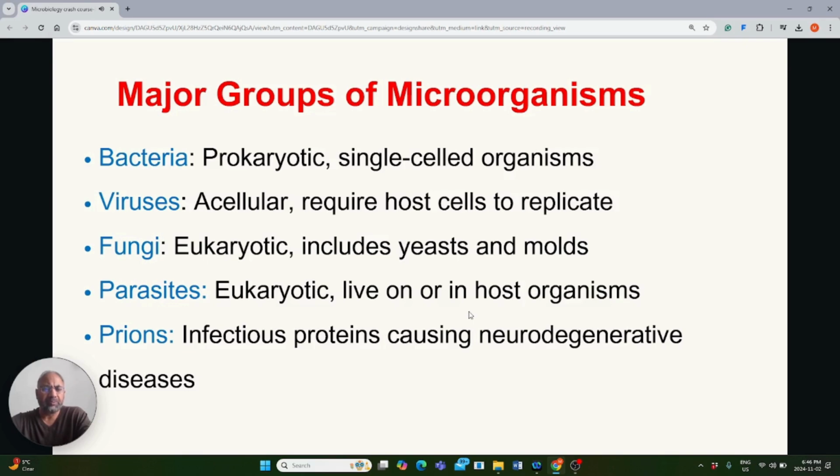And finally, prions. Prions are the latest entrants, as I said, to the microbiology world. They are not actually organisms. They are basically infectious proteins, and they are mostly responsible for some neurodegenerative diseases, which are like slow degeneration of the nervous system, and we will come to these examples when we come to the prions. So what we need to remember about them is that they are infectious proteins and they cause neurodegenerative diseases. Okay,